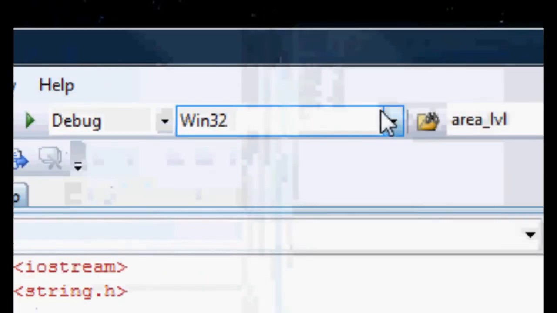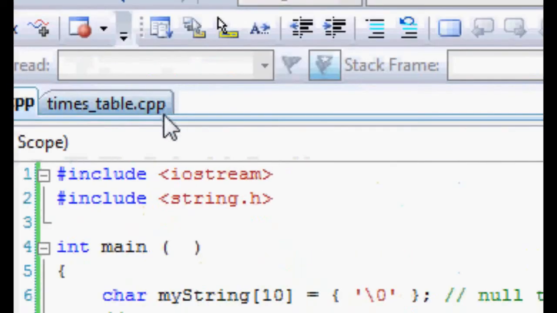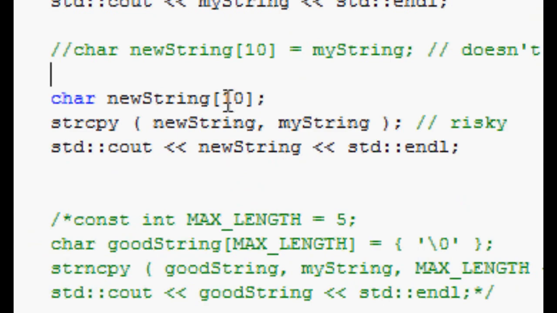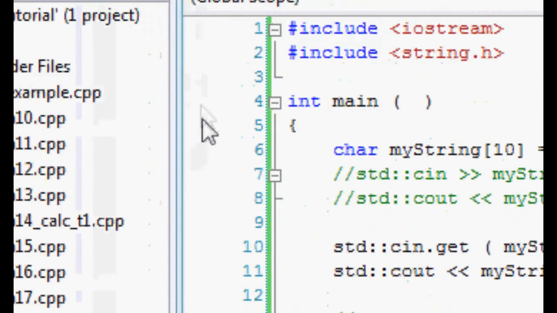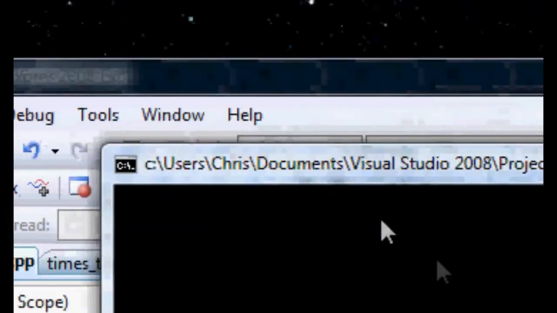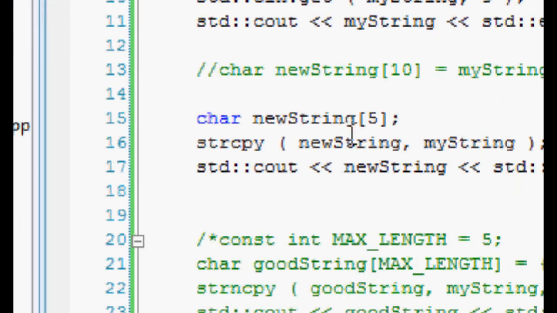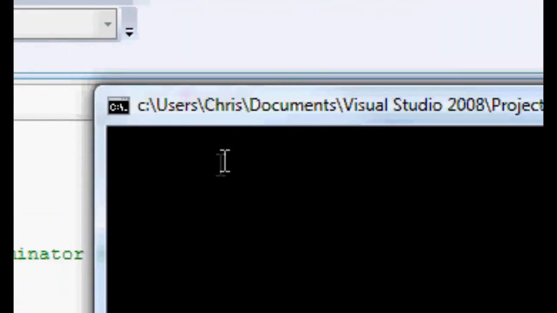Now there's one problem with this. If we have a go, actually sorry, I'm just going to lower the size of this character array down to 5. Now what happens if our first character array can hold 10 elements, 10 characters, but our second character array can only hold 5? 1, 2, 3,